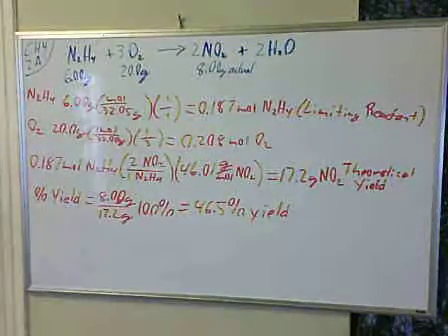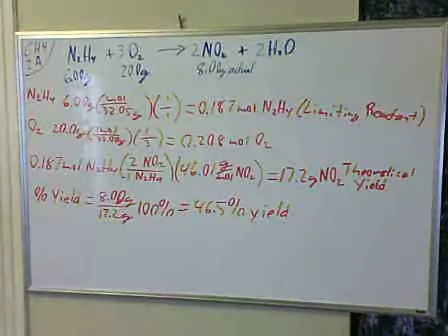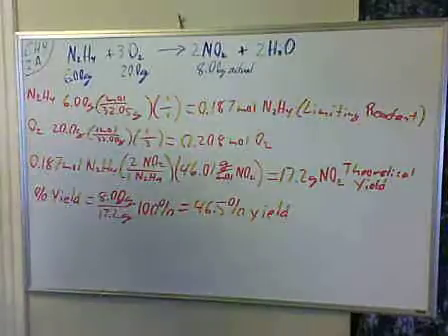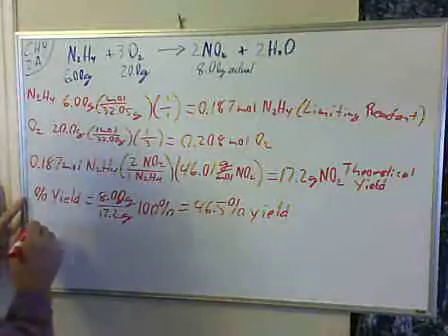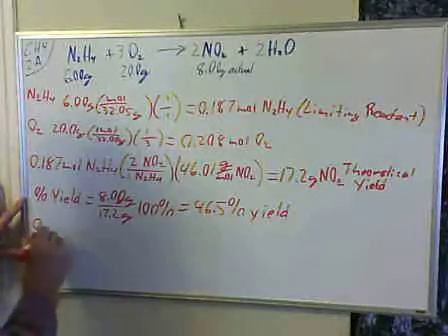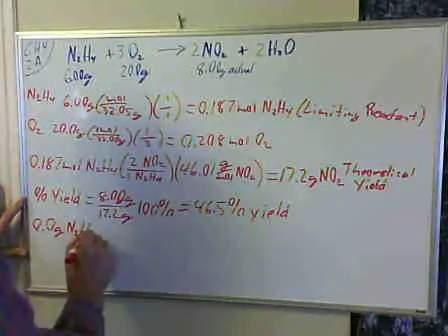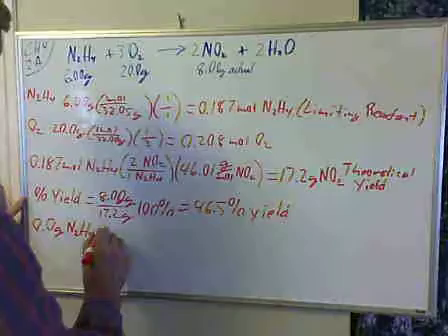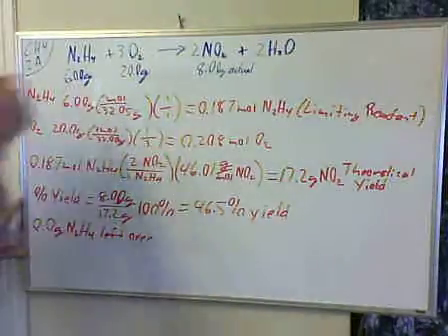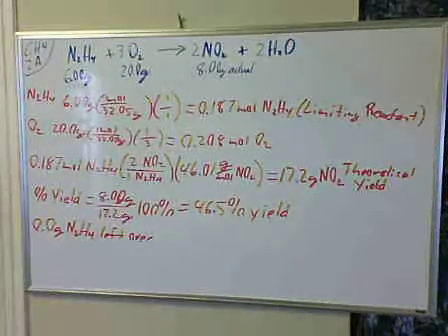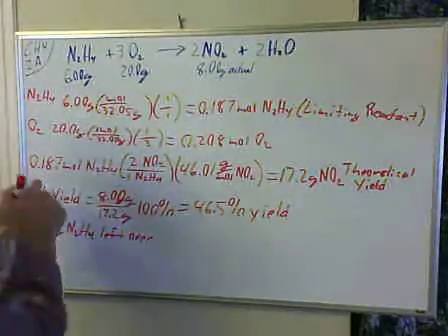We also want to know how much is left over of the reactants. Since the N2H4 is the limiting reactant, we're going to have it consumed, so we have nothing of that left over. To figure out how much oxygen is left over, we're going to start off with the N2H4, calculate how much oxygen is consumed. So we start with our